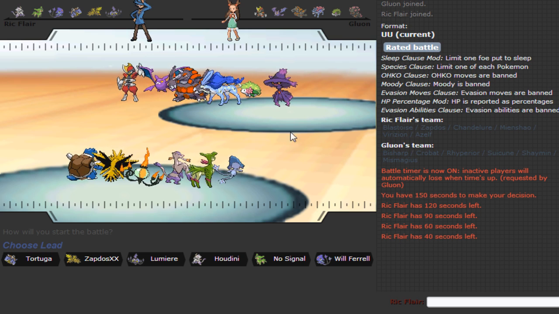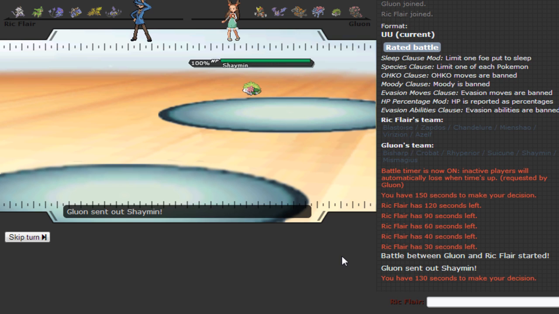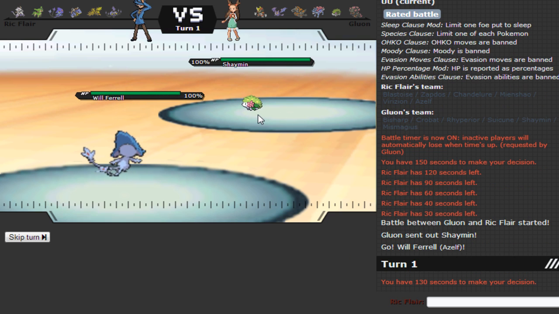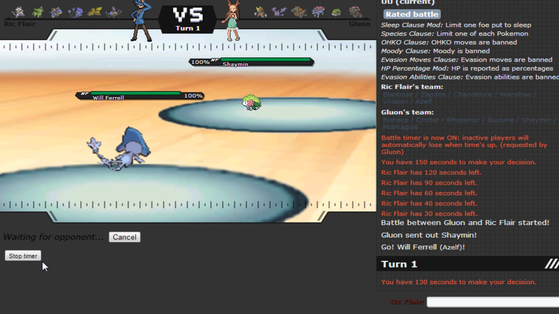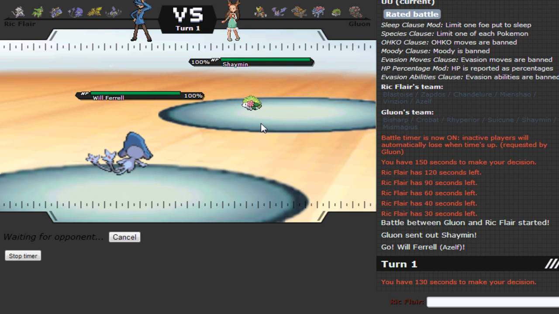Anyways, leads, he might lead off with the Crobat. I think I'm just going to lead off with my Azelf, as he actually leads off with the Shaman. Okay. I'm just going to go straight for my Stealth Rocks, because I feel that's definitely my best play to do. Because, I mean, I have Fire Blast for Shaman, and if he turns out to be Taunt or something, I'm pretty sure Psychic breaks his substitute, so